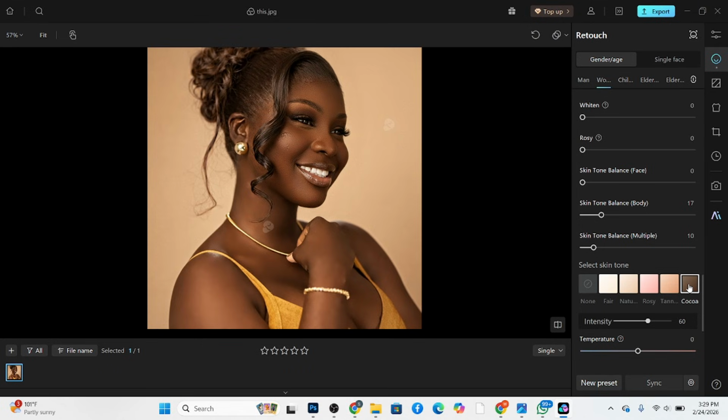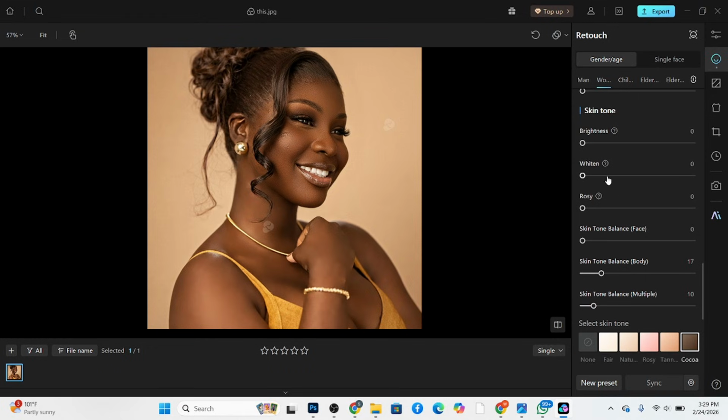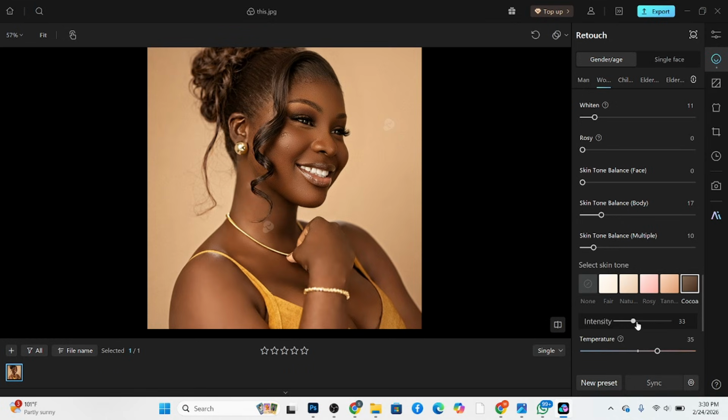But we also want it to be warmed up a little, not entirely dark. So we'll come to the temperature here and increase the temperature. Reduce the cocoa a little bit. Then go into my brightness and my whiteness and increase both of them so that the brightness of my skin will come out. This is the before. This is the after. Once I'm done doing this,